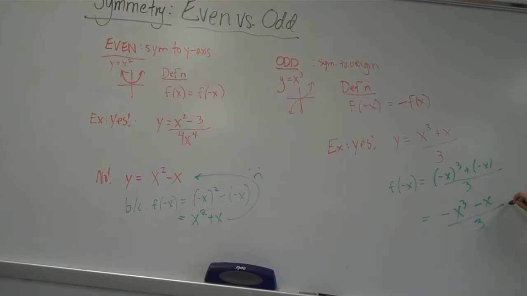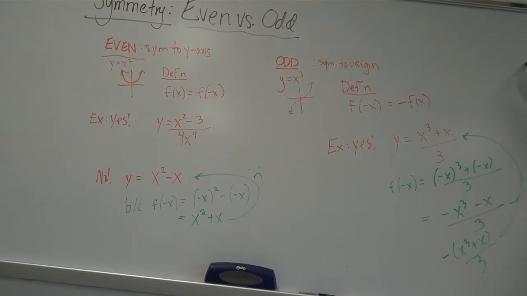Well, if I compare this to my original, if I just factor a negative out of the top, it is the opposite of the original. It's like I'm applying a negative to the entire function, and if I apply a negative to this entire function, I get this. The only thing to be clear on with fractions is